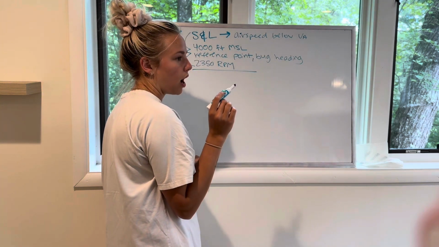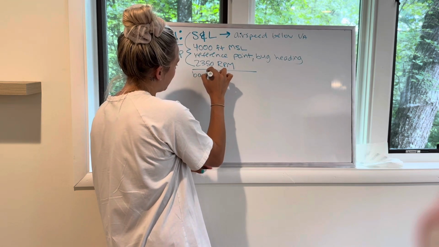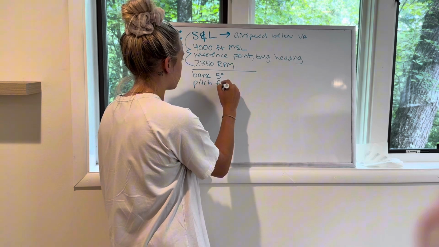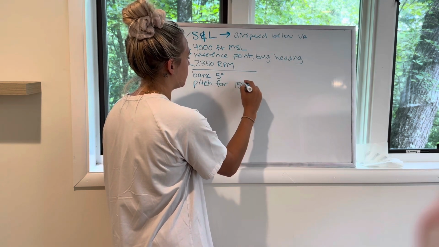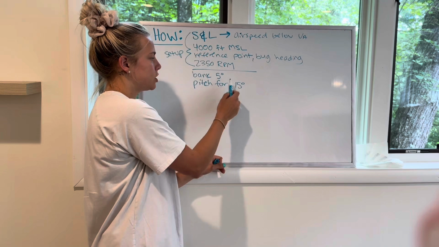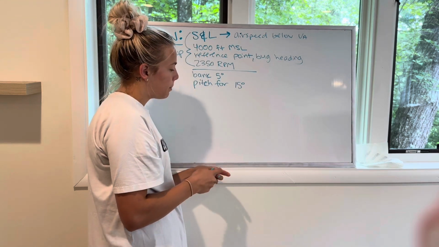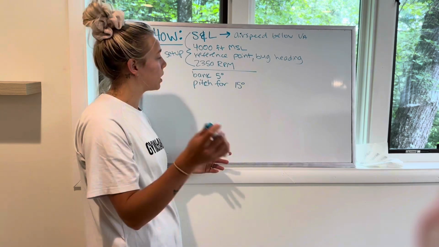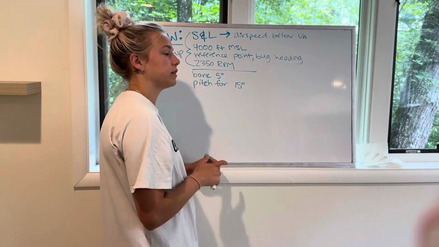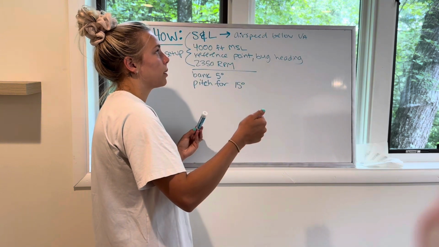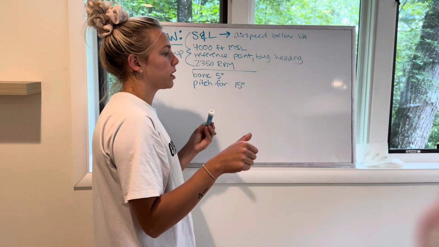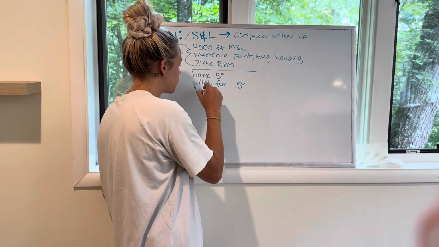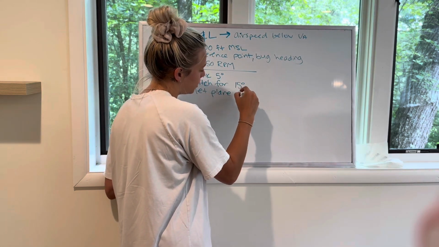So first you're going to bank 5 degrees. Then you're going to pitch for 15 degrees. Everyone teaches it a little bit different. Some people might tell you to pitch for 15 to 20 or pitch for 12 or whatever, but I bank 5 degrees and I pitch for 15. Now that we are pitched up so high and we're in a little bit of a bank, the plane is going to want to continue to overbank. So we're going to let the plane